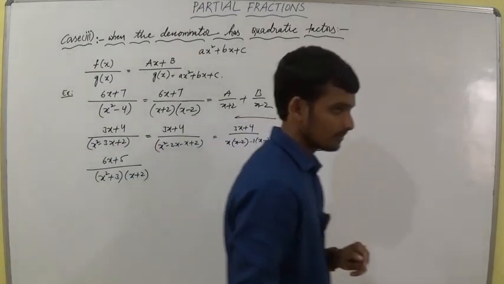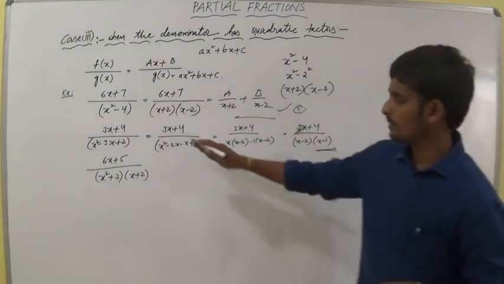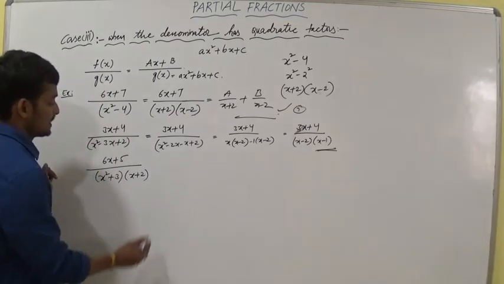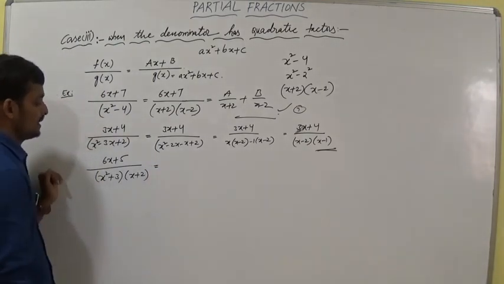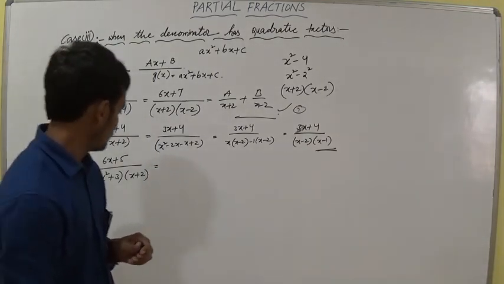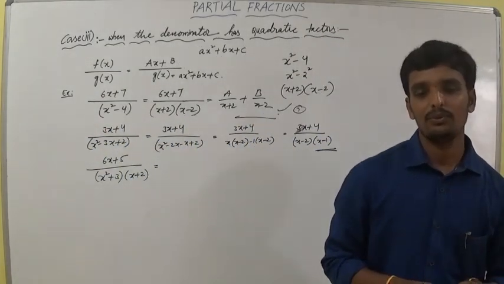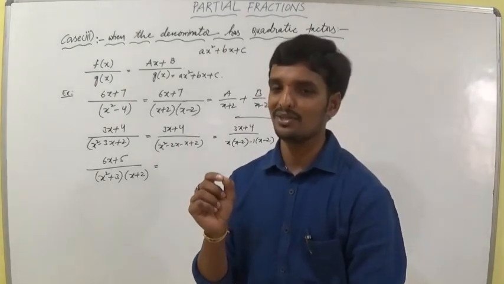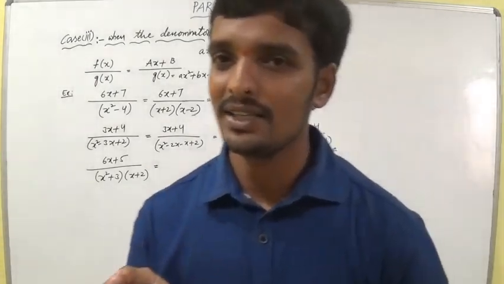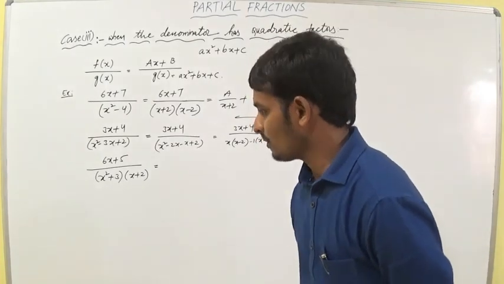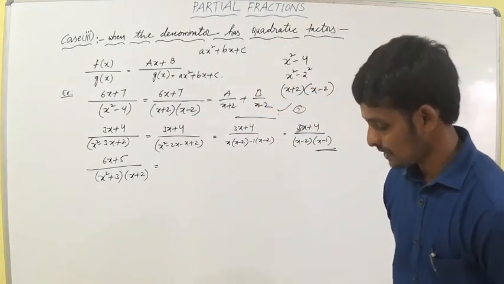I am explaining one thing. Before going on, for example, take (x² + 6x + 5)/((x² + 3)(x + 2)). In this way, we are getting some knowledge in your mind. Whether it is right or wrong is secondary. The first thing is the denominator is in the form of a quadratic factor, that is x² + 3.